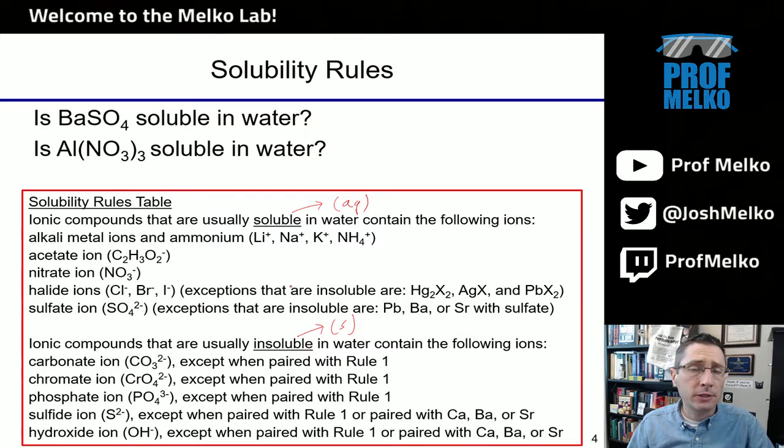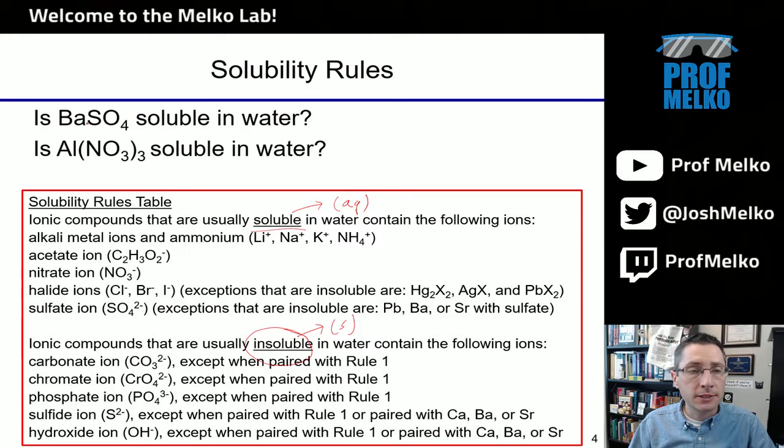In all double replacement reactions, reaction occurs if one of the products is insoluble, aka a precipitate, aka a solid. So we use these solubility rules in double replacement reactions to predict will a reaction occur, kind of like we use the activity series in single replacement reactions. For double replacement reactions, one of the products must be insoluble for us to say yes, reaction occurs. Otherwise, everything's just fallen apart and dissolved into ions floating around in solution. There is no net chemistry happening. So we would write no reaction occurs if all of the products are soluble.